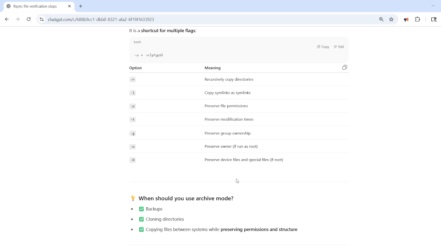So archive mode is: r, recursively copy directories; l, copy symlinks as symlinks;